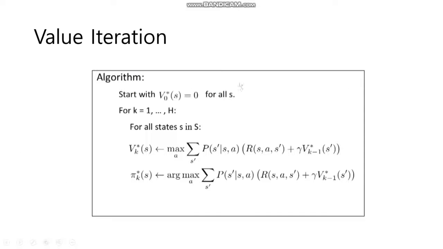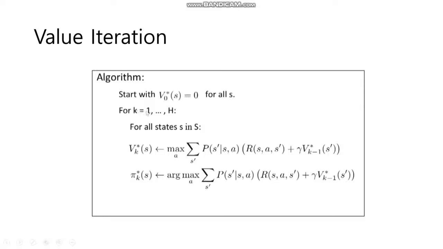Let me explain value iteration. Value iteration is an iterative algorithm to calculate the optimal value function and, as a byproduct, the optimal policy. The algorithm runs in this way. We start from zero initialization for all value functions for all states. Actually, we don't have to initialize the value function in this way. We can use an arbitrary initialization scheme, and the algorithm is guaranteed to converge. But for convenience,